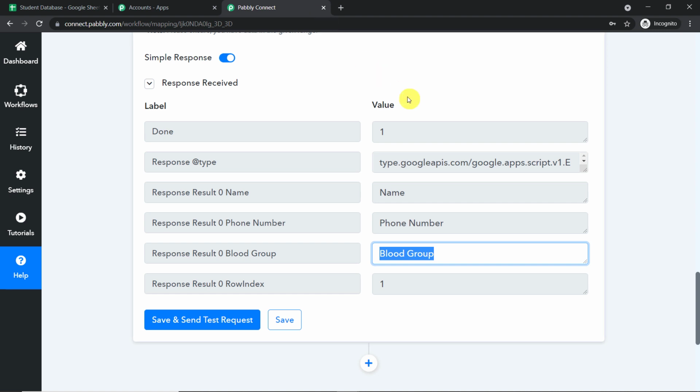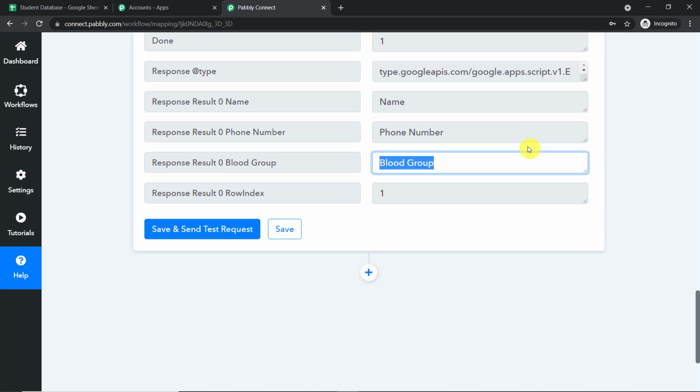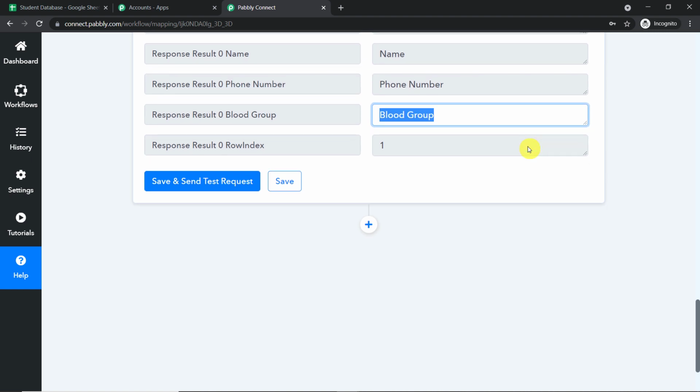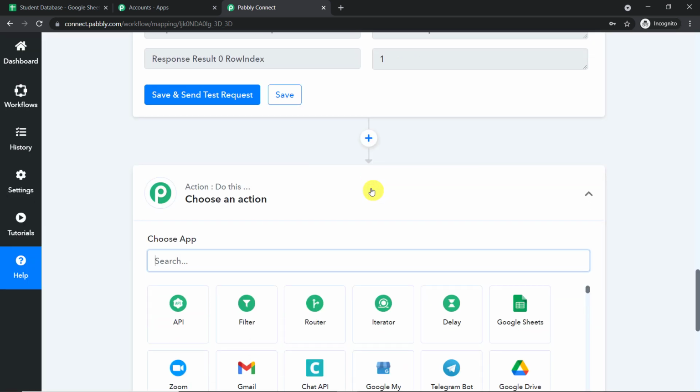So what we are going to do here is introduce the concept of routers. Routers are going to split your data into two streams. The first stream is, we are going with the assumption that the data is totally filled. We just want the newly created row. The second condition is, the data is not at all filled. The whole Google Sheet is completely blank. That is why we are going to work with routers.